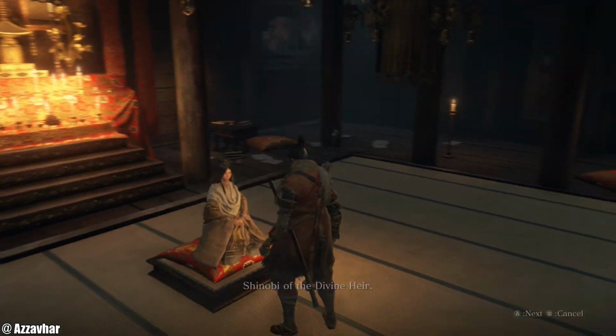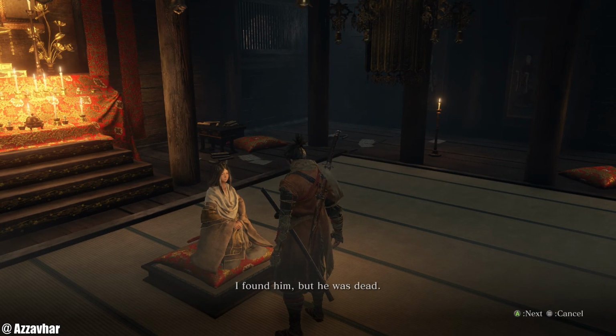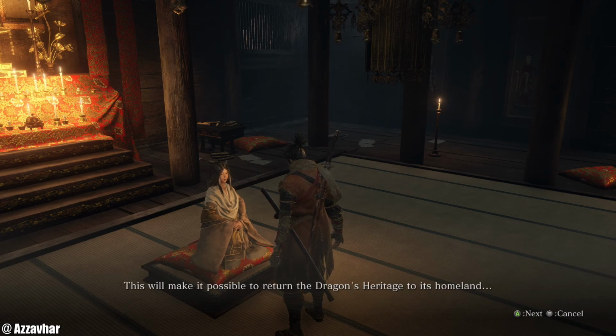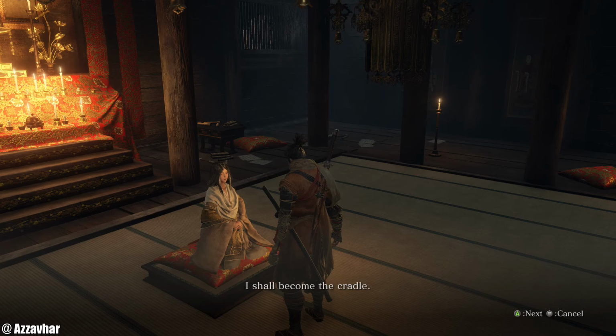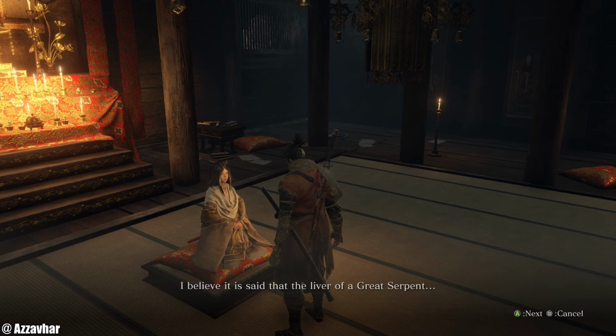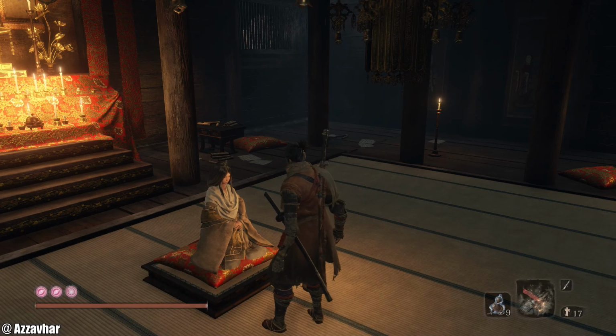Shinobi, have you perhaps met... I found him. He was dead. The High Priest was infested. How... I do not know. I will take a look. I see. Consuming 2 persimmons of the serpent will allow one to become a cradle for the divine heir. This will make it possible to return the dragon's heritage to its homeland. I shall become... Of course. I am the only surviving divine. Death does not... Shinobi, if you wish to take the path to return the dragon's heritage... Where should I be? I believe it is said that the estate...